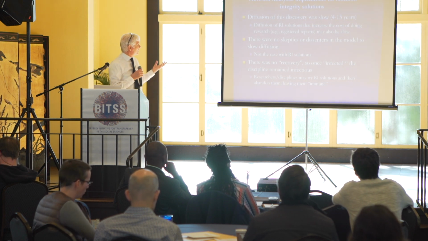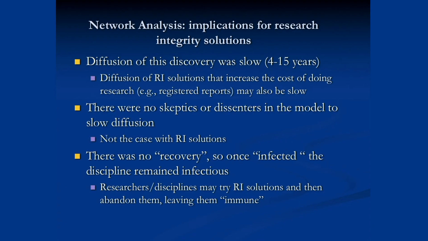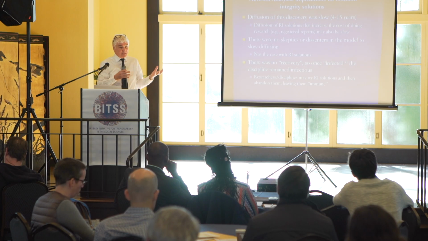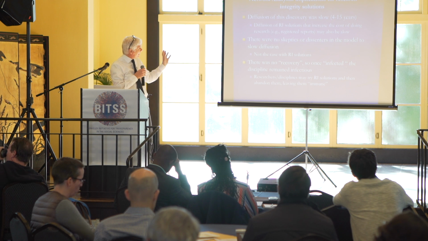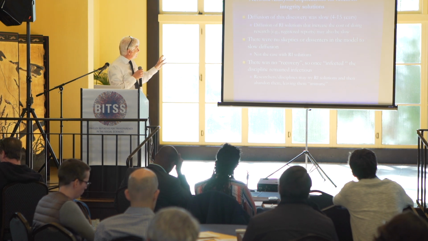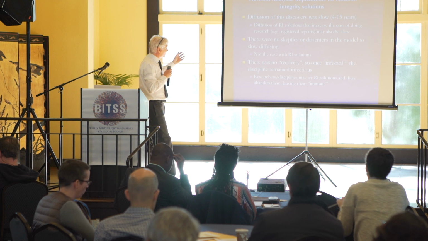Again, some of the implications for the sort of things that we're interested in. Diffusion of this discovery was slow. It would take 4 to 15 years to diffuse. Okay, and I would argue that diffusion of research integrity solutions that actually very often increase the cost of doing research may be even slower. Okay, so things like registered reports that increase the cost of doing research and may actually end up giving you a product that's less citable. That may lead to a fairly slow diffusion of that type of